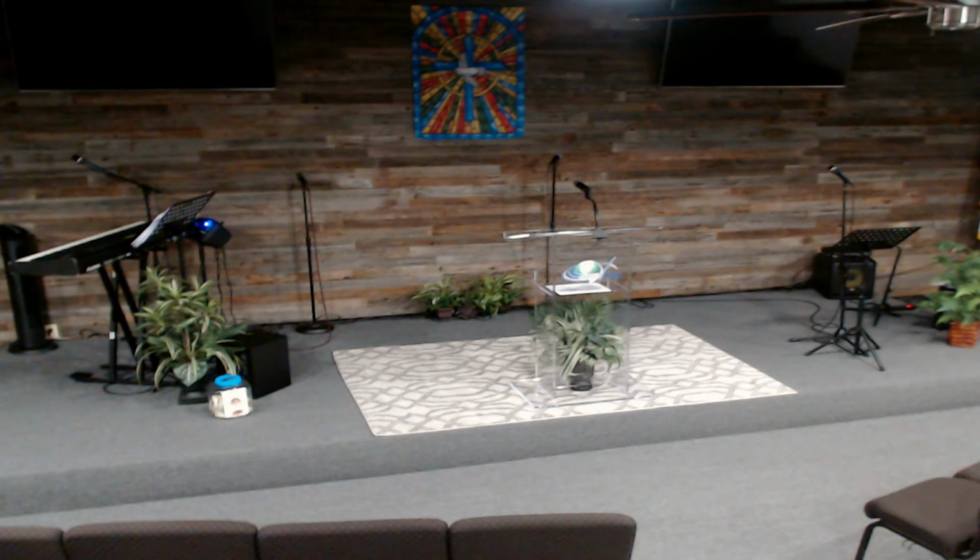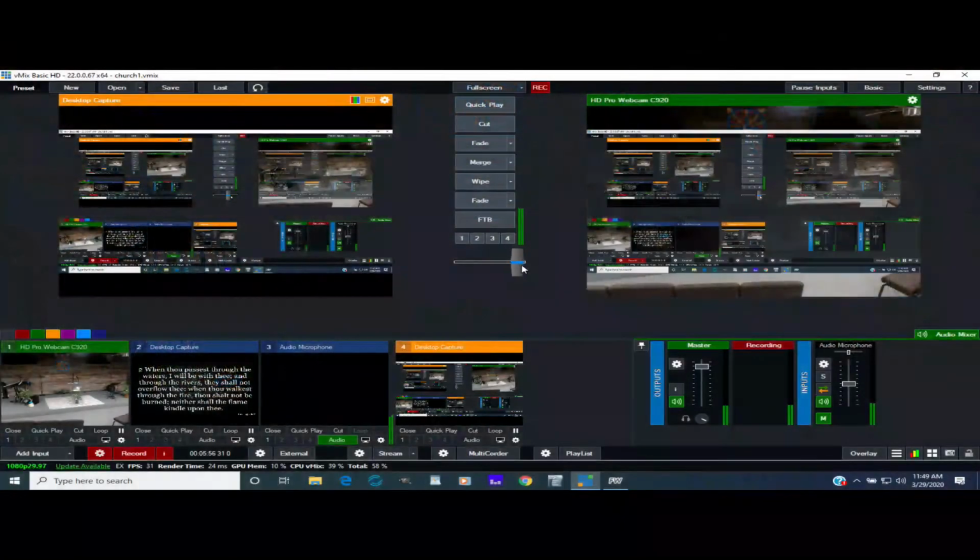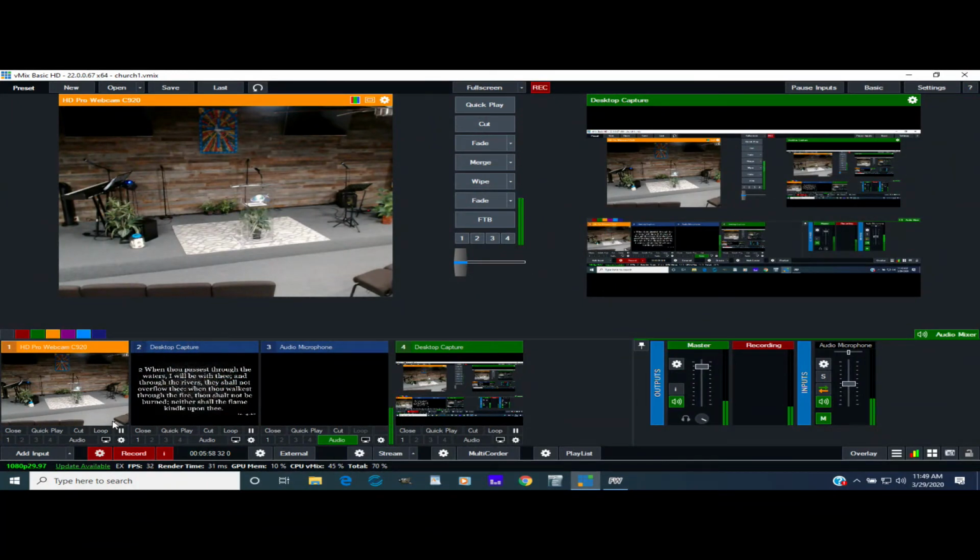For my wide angle lens, it's just a webcam that we bought that has a wide angle. We stuck it up in our rafters and we got it angled in this way. One thing that is really cool though, if I wanted to zoom in or something, I can pull this up. Let me show you. I can bring this up right here and hit